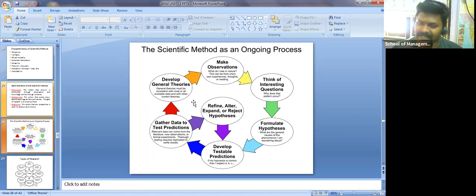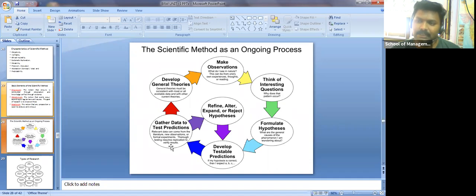Okay, so if you are not satisfied with that, then again you are going to observe why it happened, and it will go on repeatedly, again and again. Again, a new researcher may come and say the previous researcher did not cover this. Then that uncovered point becomes your new problem. Then based on that you frame new questions, come up with the hypothesis, test the predictions, and collect the data.